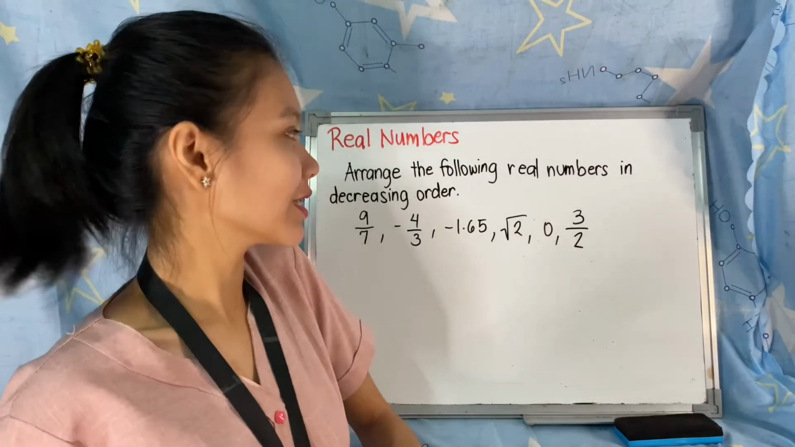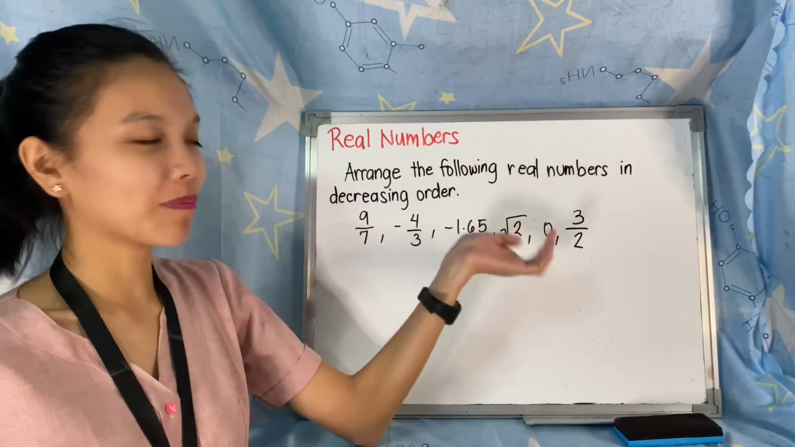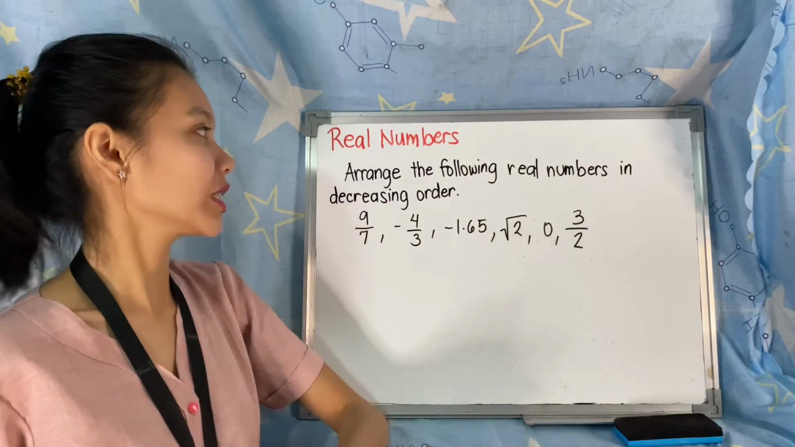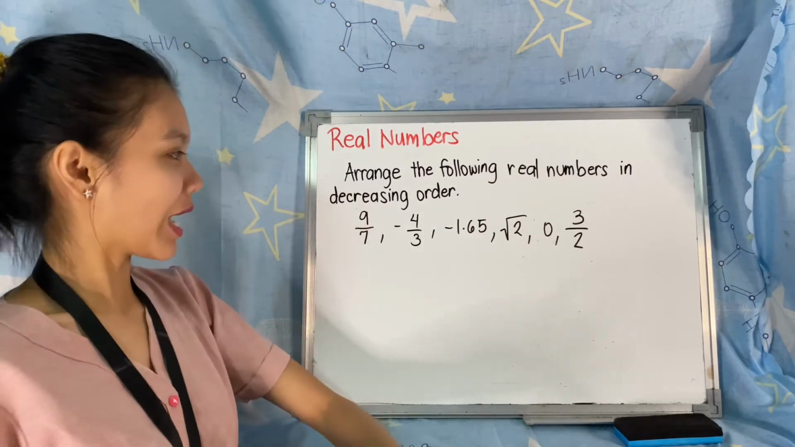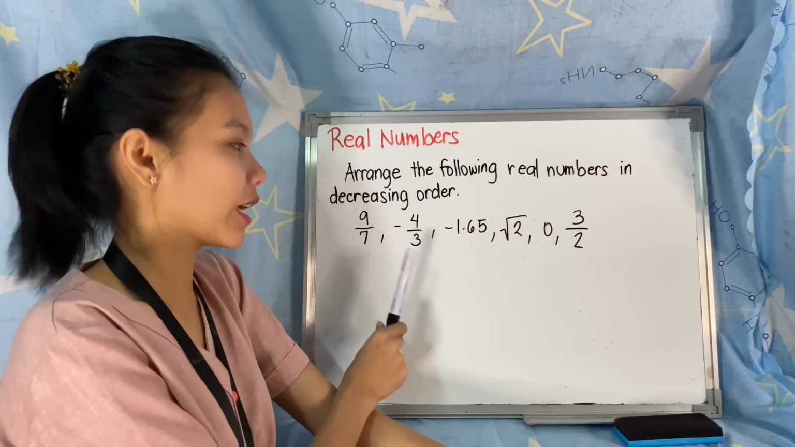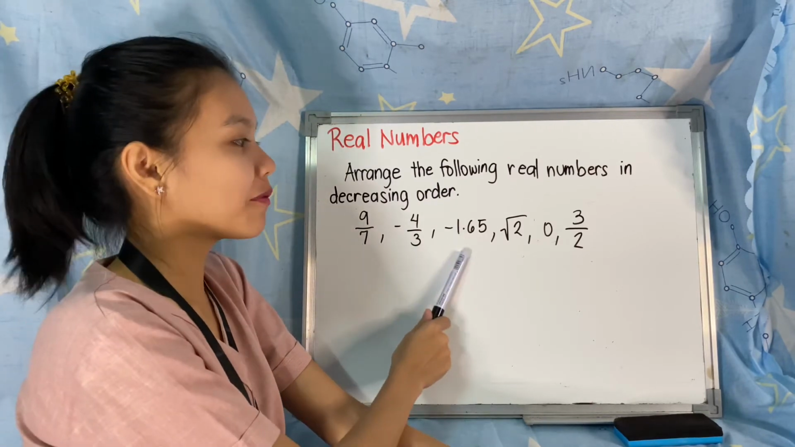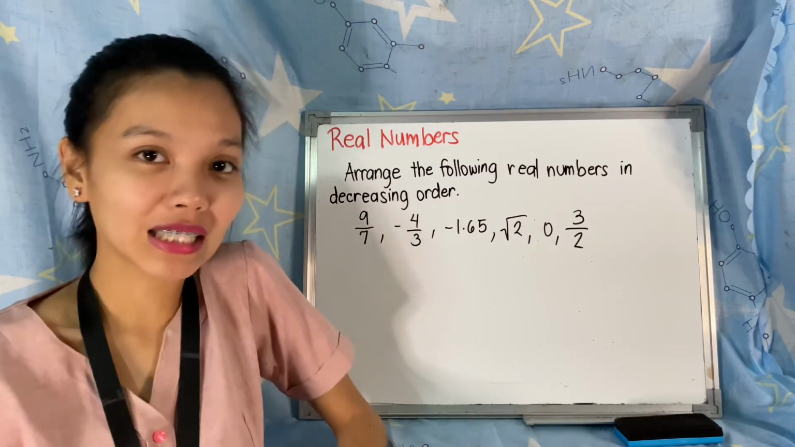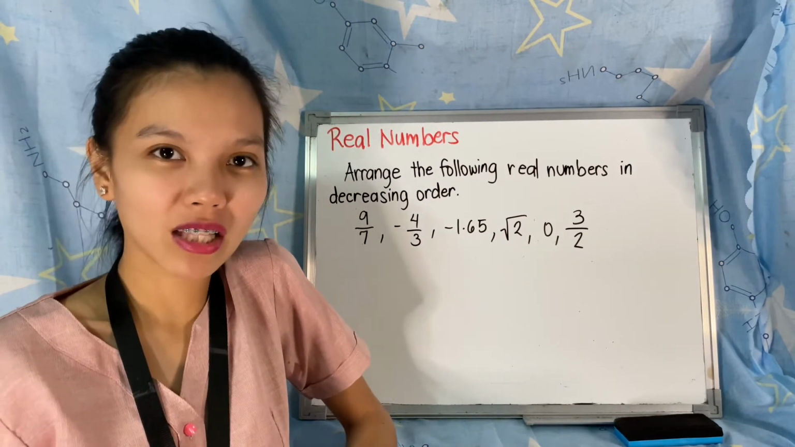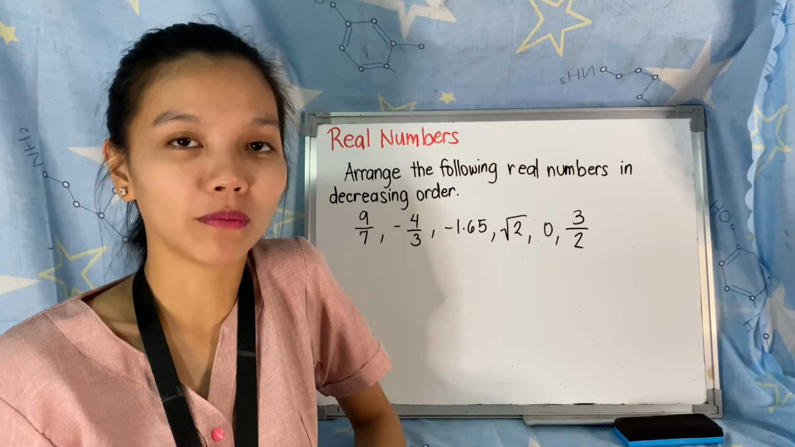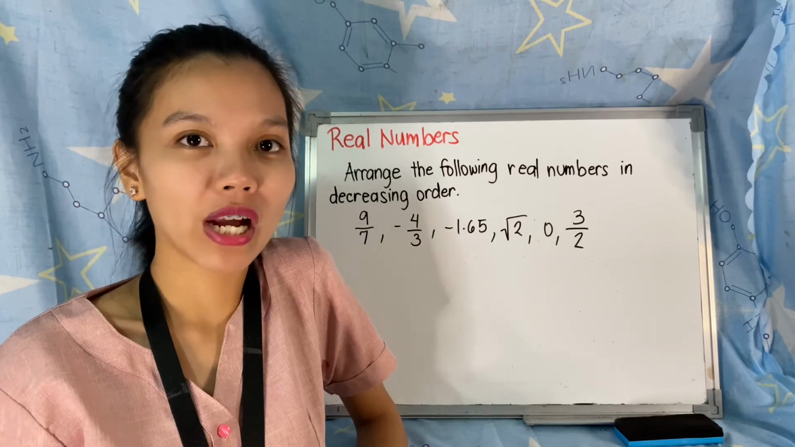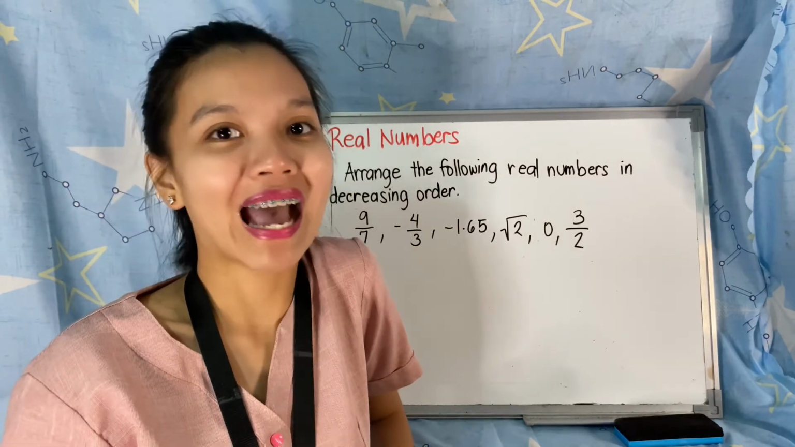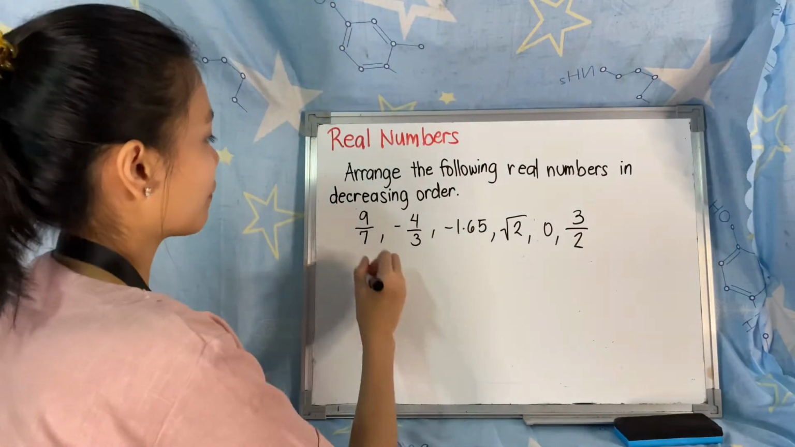Okay, so another example, we are going to arrange the following real numbers in decreasing order. So, we have here 9/7, negative 4/3, negative 1.65, square root of 2, 0, and 3/2. So, kunin muna natin yung mga value nila in decimal form. So, you are going to round your answers to its nearest hundredths. So, first we have